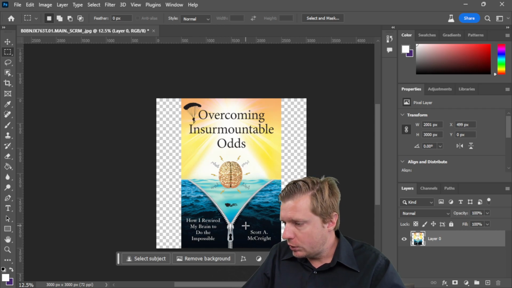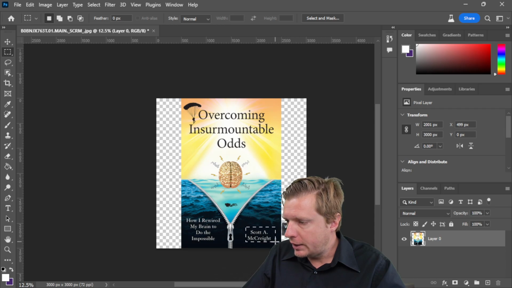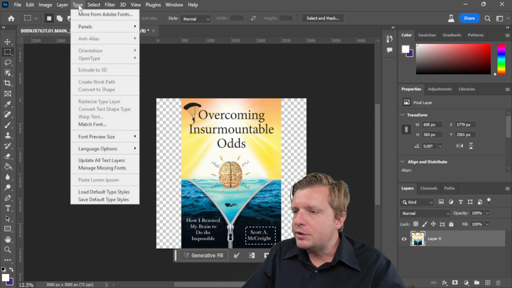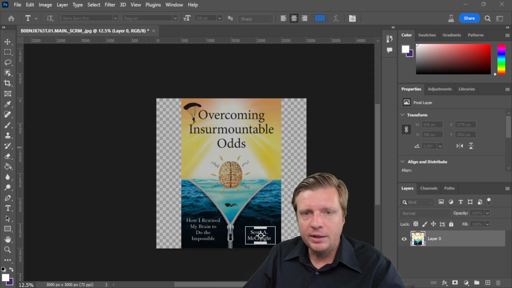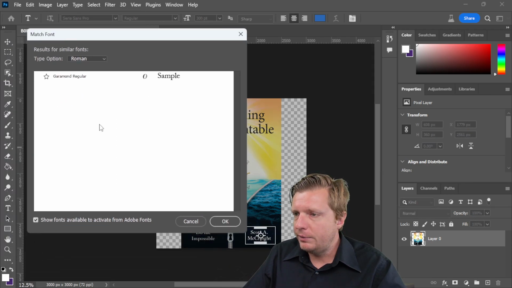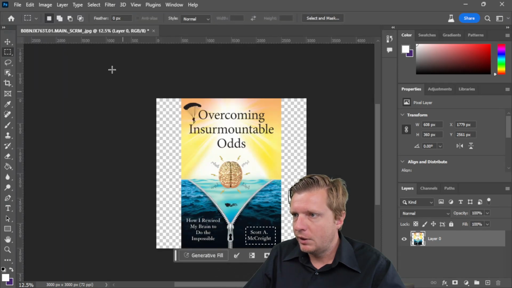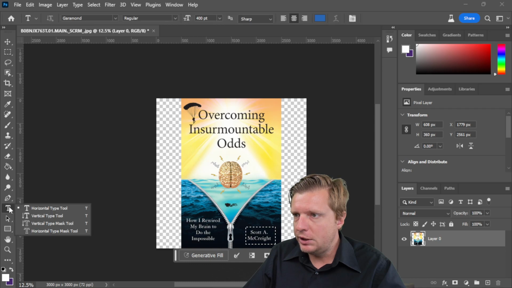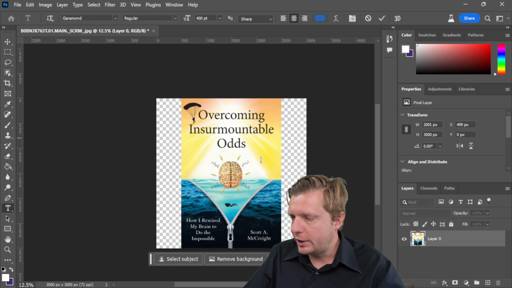And so what we can do is we can use our selection tool again. We can just highlight that and then say type match font. And this will identify the font that we were using here. And it's Garamond regular. So then we can click on that and say OK. And then go to the text tool, and it's Garamond. And we can just click on this text, and we can type in,